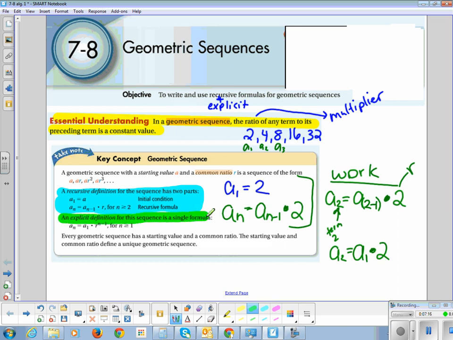And that is when all I have to do is plug in which term I want. So if I want the 100th term, I just plug in 100. And I get out what that's equal to. So if I were to find an explicit formula